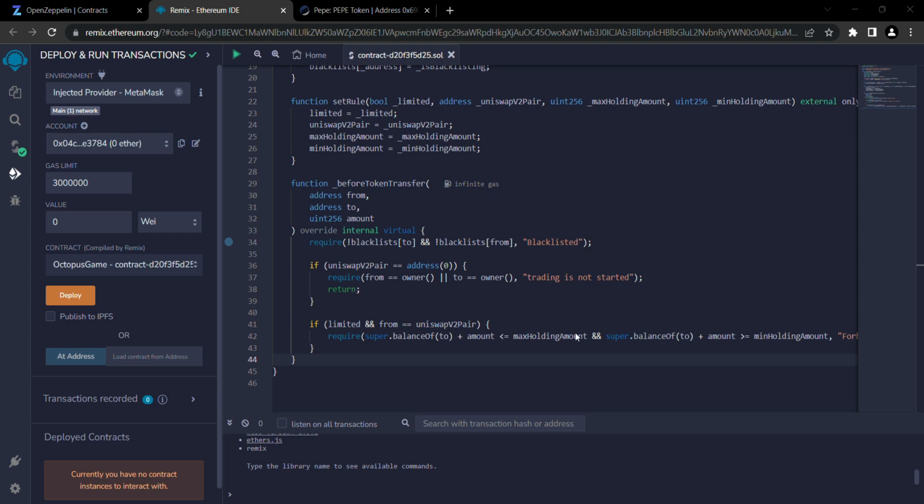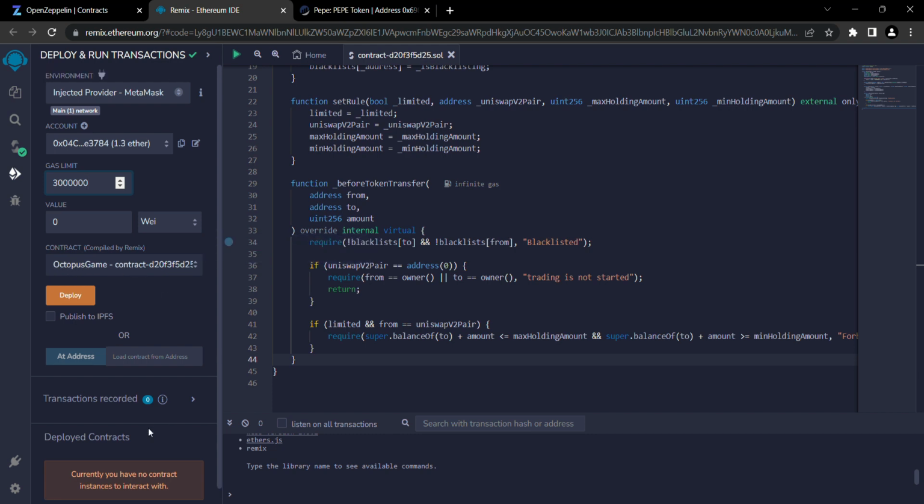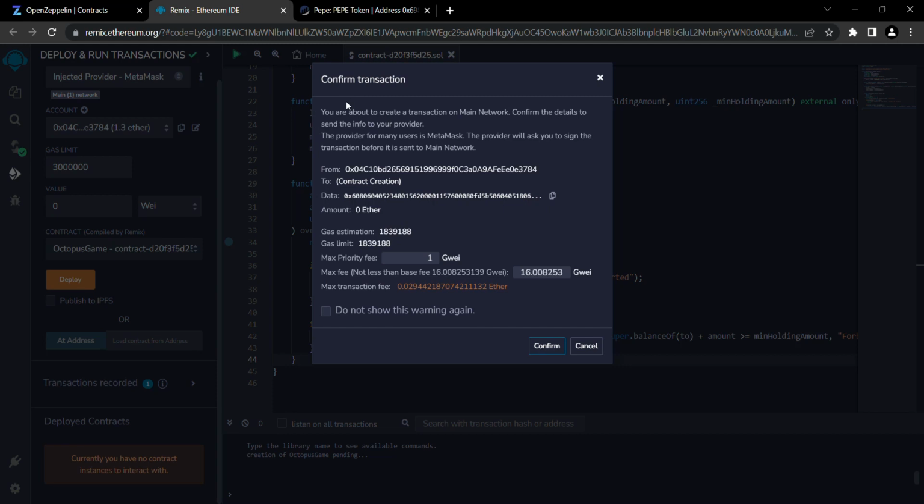After the confirmation, I can see the wallet address, and the next is the gas limit. It's a default amount, and we probably don't need to edit it. As for the contract, I will pick the Octopus Game contract, and that's all. We can proceed with the deployment finally. Let's click the deploy button, and the window pops up. We can check the details, including the from address and the gas, and I will have to sign the transaction via MetaMask,